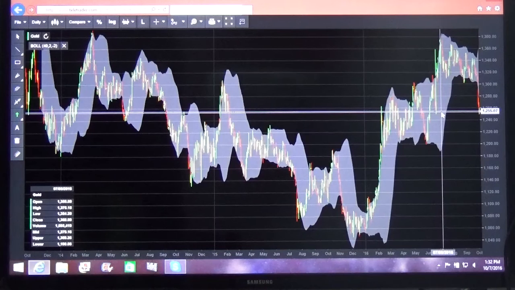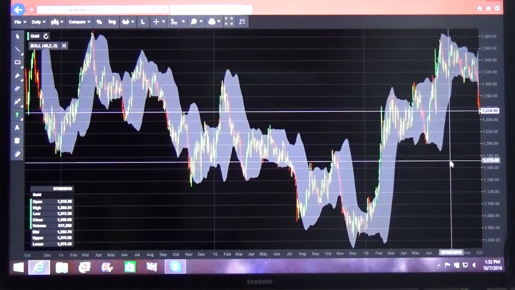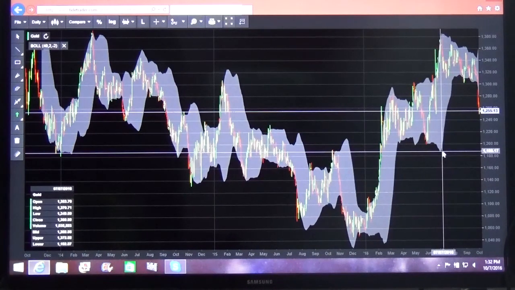It has just touched. If you look at the Bollinger Band, it clearly suggests that where the chart is getting widened, it means there is a probability of volatility. Now if you look at this section, you will get to know that there is a lot of cloud in this section. This cloud started at roughly 1188 and ended at approximately 1300, because this was the period when the dollar was down and people lost their faith in the Federal Reserve, whether they are able to raise the rate or not.